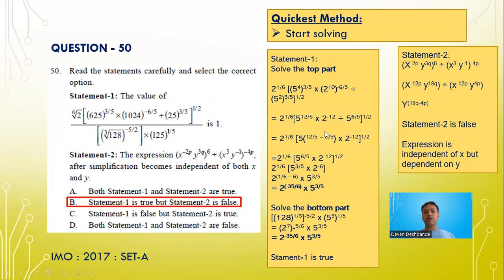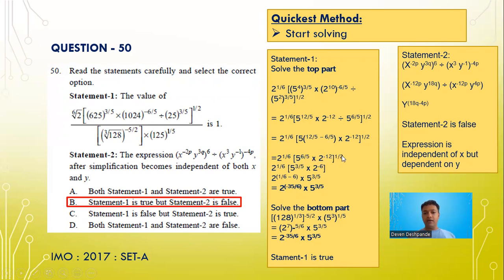So a raised to b divided by a raised to c will be a raised to b minus c. What is b here? 12 upon 5, minus c is 6 upon 5. So 5 raised to 12 upon 5 minus 6 upon 5 is 5 raised to 6 upon 5, into 2 raised to minus 12 whole raised to half. So 2 raised to 1 upon 6 into 5 raised to, because if you have 5 raised to 6 upon